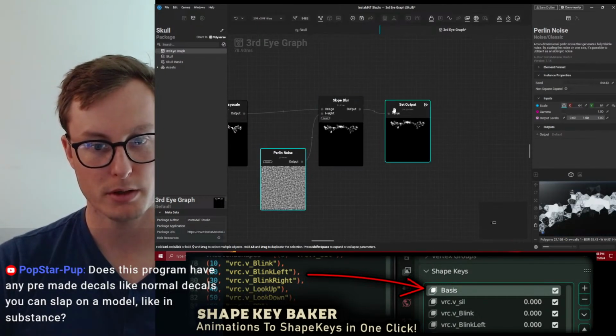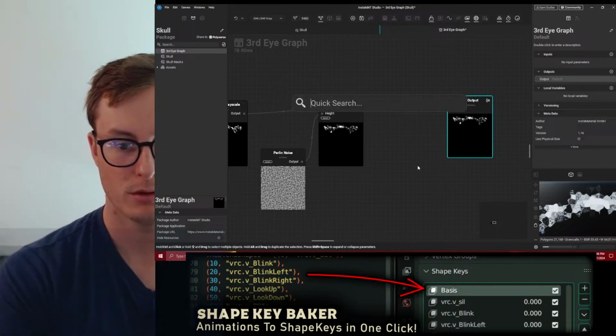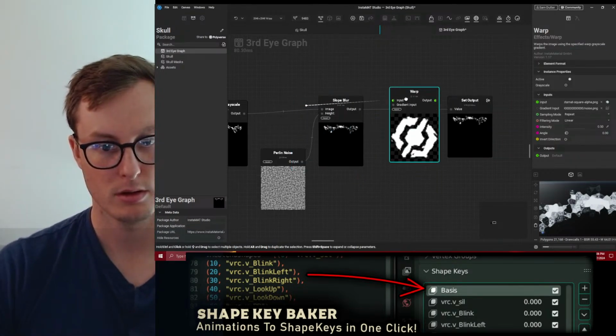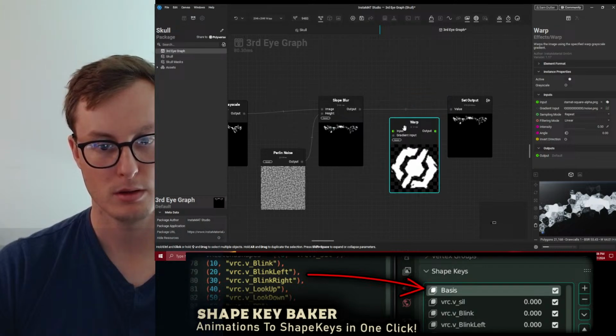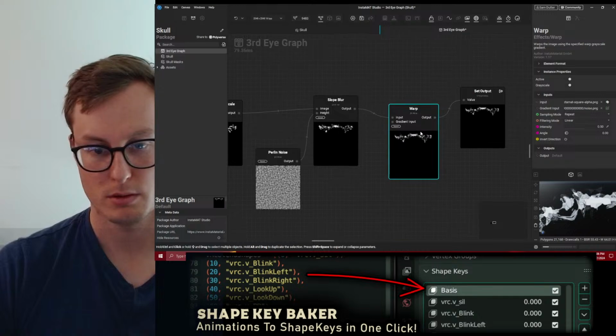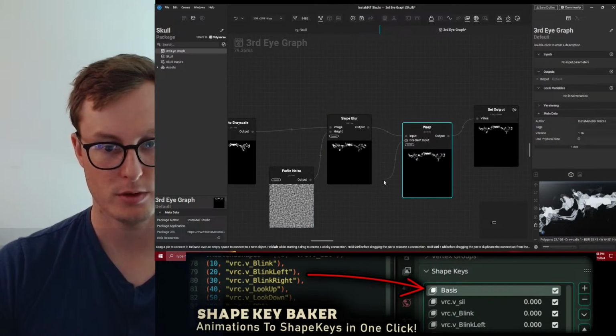All right, slope blur. And then we'll do warp. Different noise.